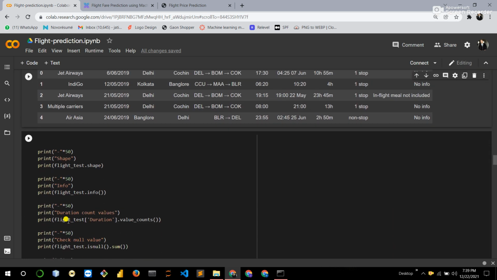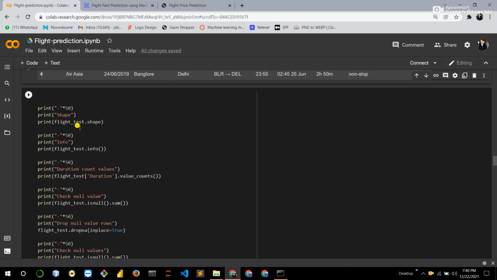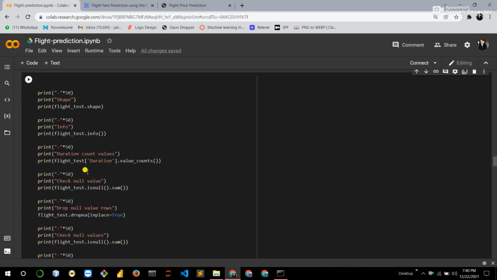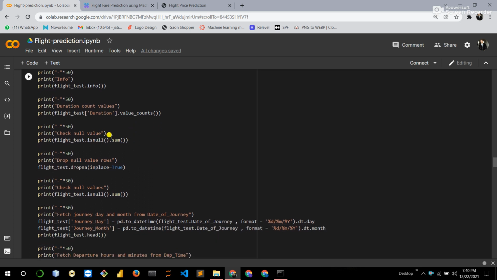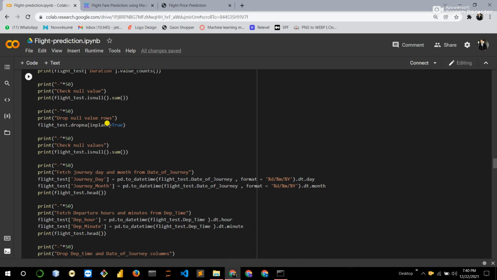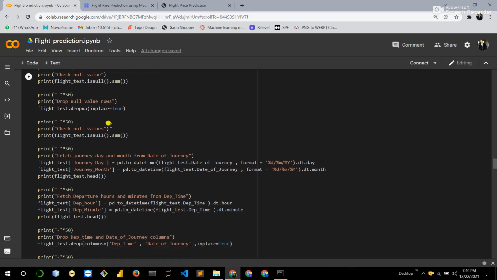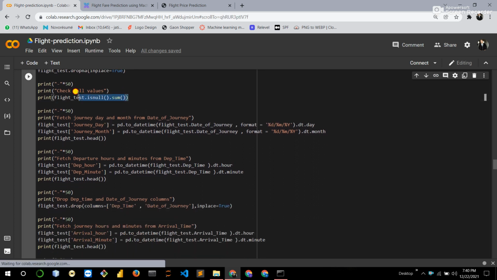And same here, we perform the EDA, feature engineering, and data preprocessing on the testing dataset, same as we performed on the train dataset. So you can see here, check the shape of the dataset, information of the dataset, then check the value count of duration, then check the null values, then drop the null values if it contains any, then again check whether it contains null values or not.